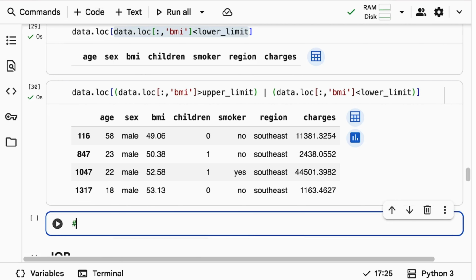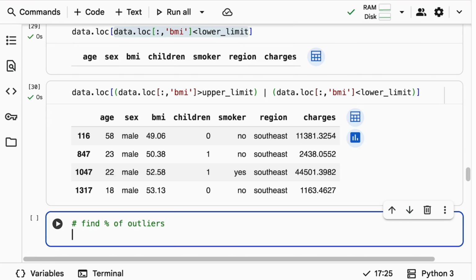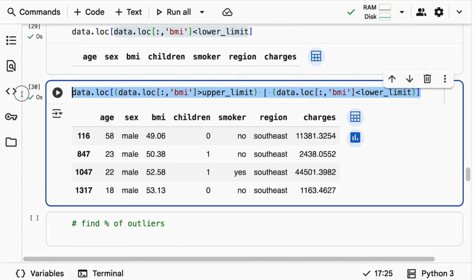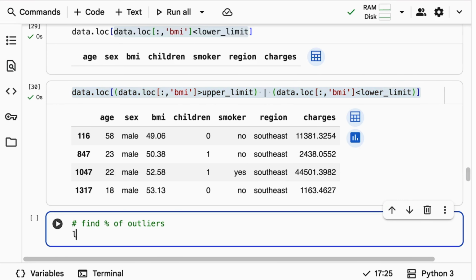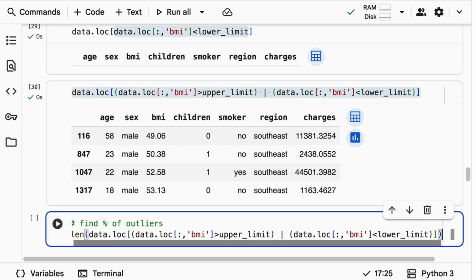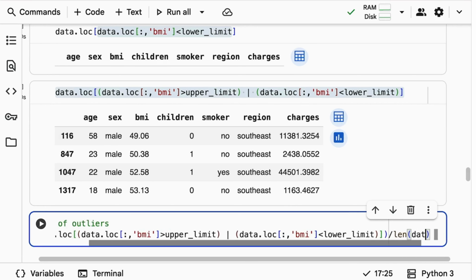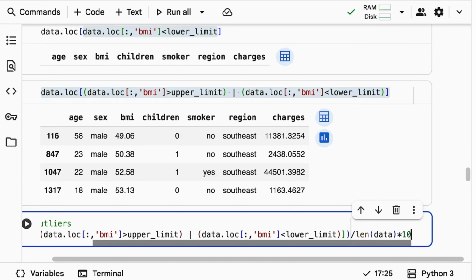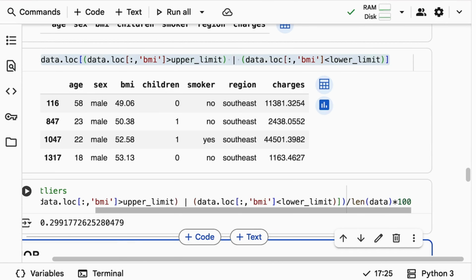Okay, so now I just want to find the percentage of outliers. I want to know what percentage of outliers we have in this data, because outliers need to be handled only if the percentage of outliers is less than 5%. I'm just calling the length of whatever data I filtered, divided by the length of actual data, multiplied by 100.